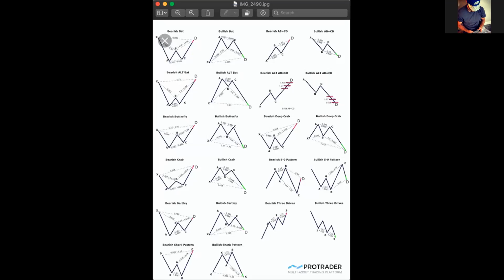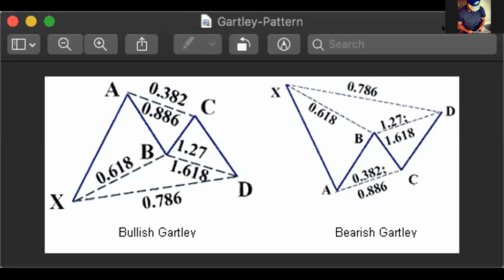And in fact, let me show these patterns first. I want to show the Gartley, and then I want to show the cipher, just to show my favorite patterns for y'all. Let's go to the Gartley first. Now, the Gartley pattern